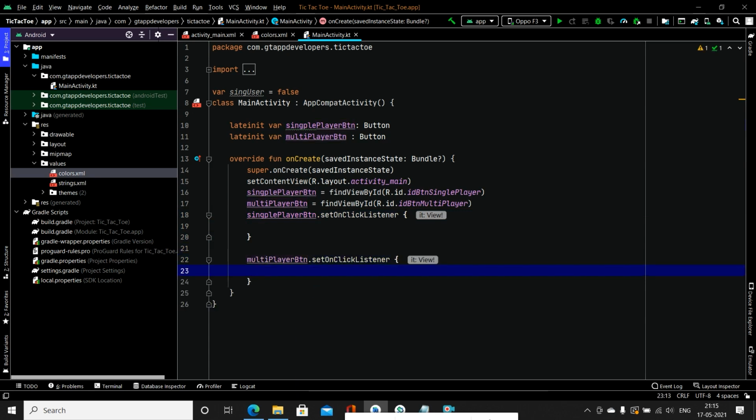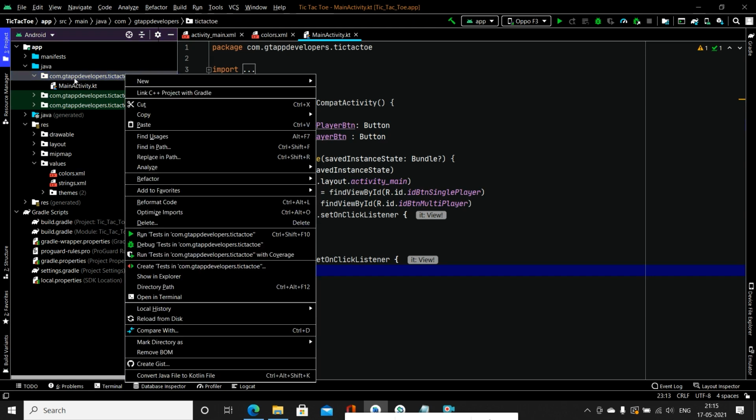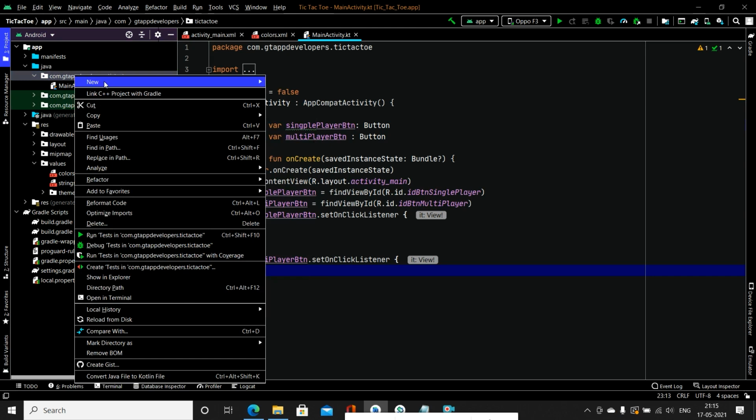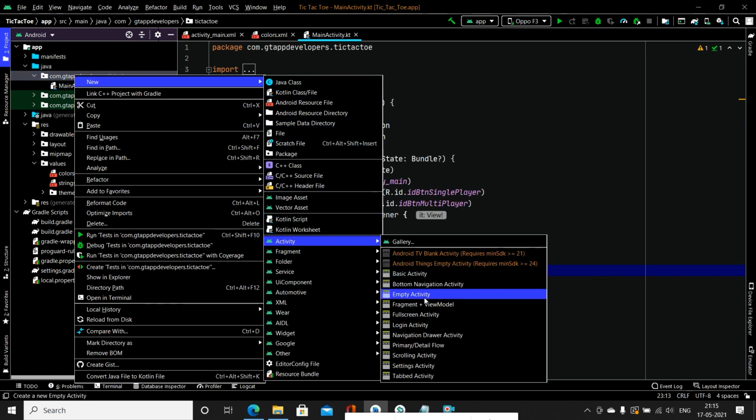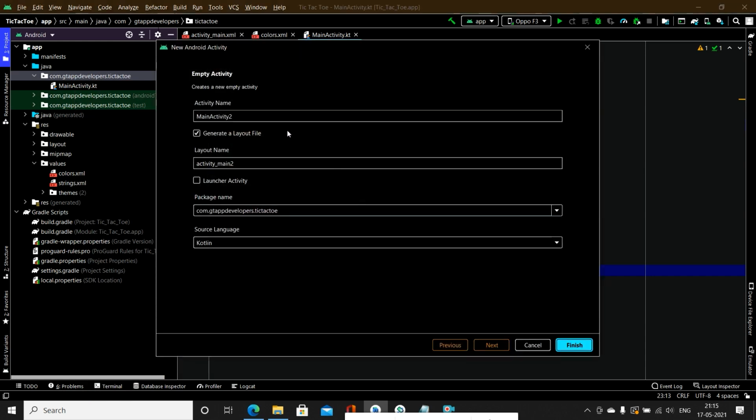Now after clicking this button, we have to open a new activity. So for that we will create a new activity. For creating a new activity, we have to just navigate to our package name, right click on it, then click on new, and then go to activity and select empty activity. Inside this we have to name our activity as GameplayActivity, and we have to click on finish to create our new activity.